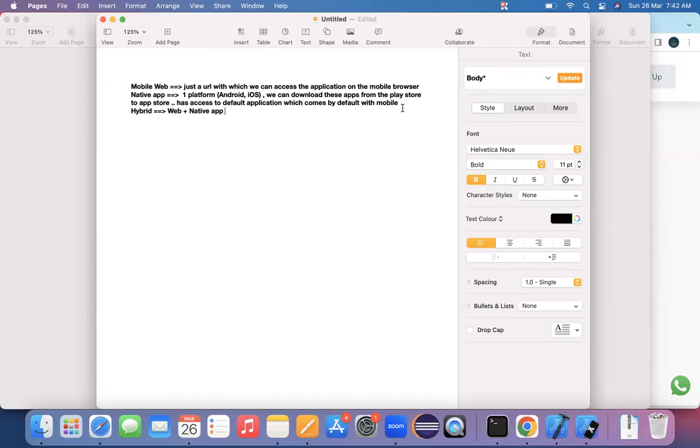So the ultimate point here is these native apps have access to our system resources. Depending on an application's need, they can use the various system resources available on our mobile itself.